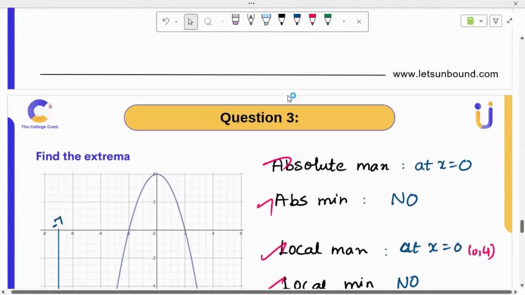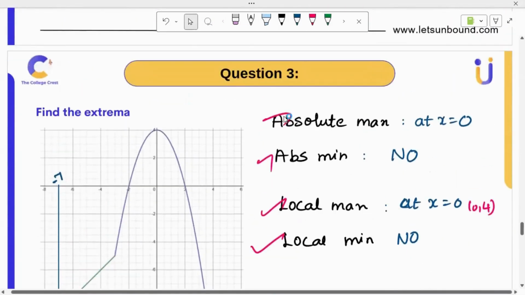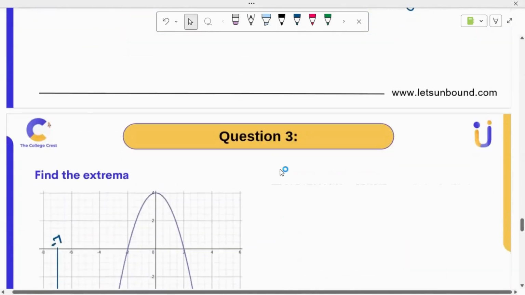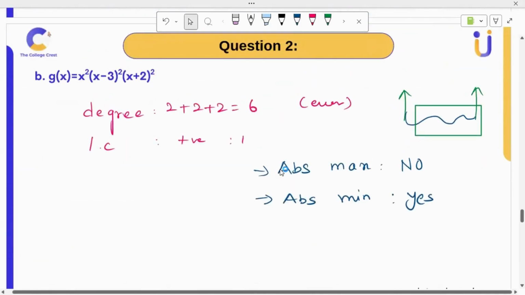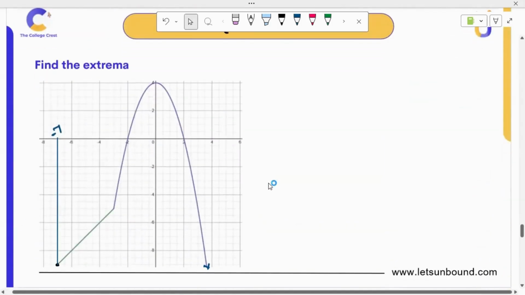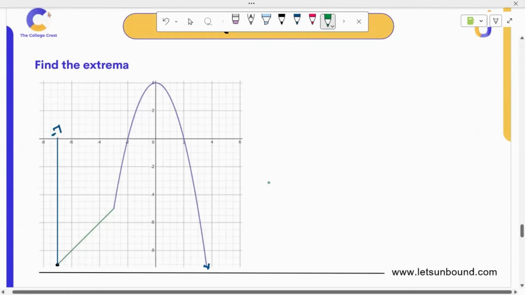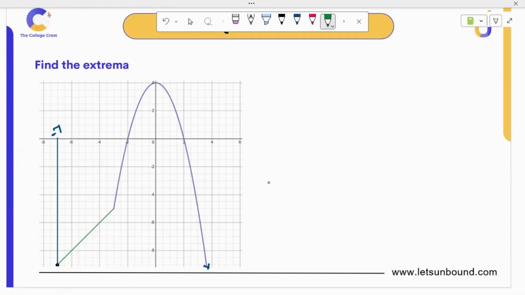And next, we are moving to question number 3. Find the extrema of this. So here a graph is given. Extrema means you just do all the 4 extremas, like local minimum, local maximum, global minimum, global maximum. So let's start with global